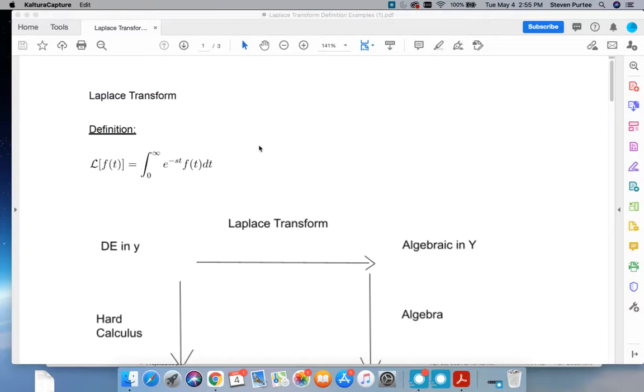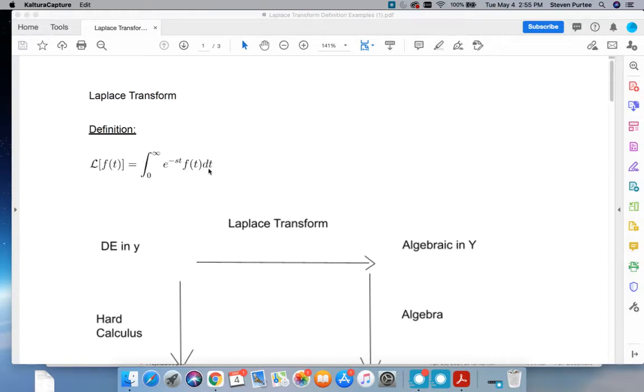The most famous of all the transforms, of course, is the Fourier transform, which is a little different. It's kind of similar to the Laplace transform, but it's different. So it is this integral. We take our function, f of t, and we take the integral from 0 to infinity, e to the negative st dt times that